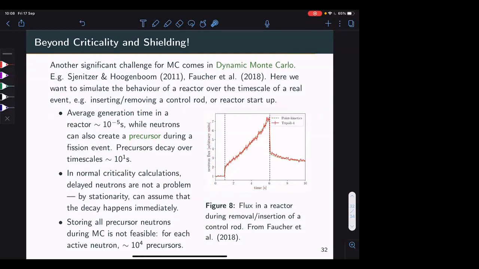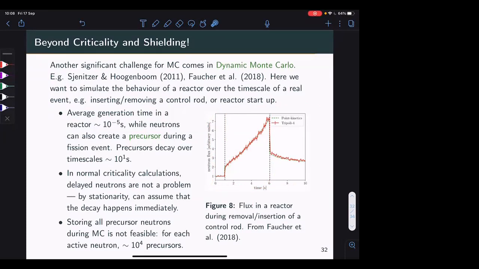I think you raise a control rod at this time, and then you lower it again at this time. So what happens to the flux? To try and understand what's going on, you need to solve this using Monte Carlo in real time. If you're doing it via Monte Carlo, you have to solve it on a real time scale, because